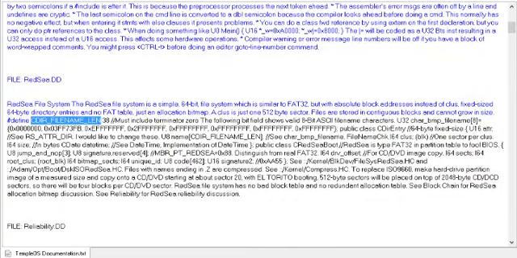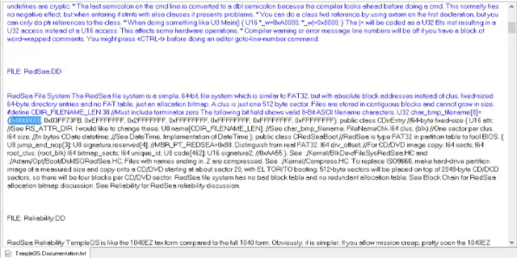Number defined CDIR_FILENAME_LEN 38, must include terminator 0. The following bit field shows valid 8-bit ASCII file name characters. U32 char_bmp_filename[8]={0x00000000, 0x03FF73FB, 0xEFFFFFFF, 0x2FFFFFFF, 0xFFFFFFFF, 0xFFFFFFFF, 0xFFFFFFFF, 0xFFFFFFFF};